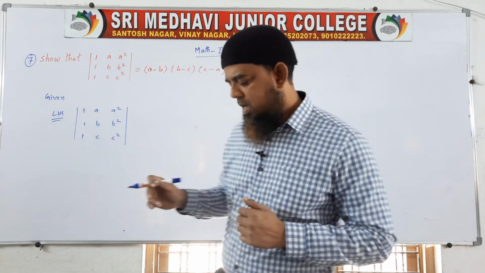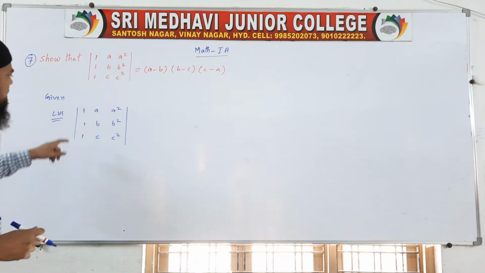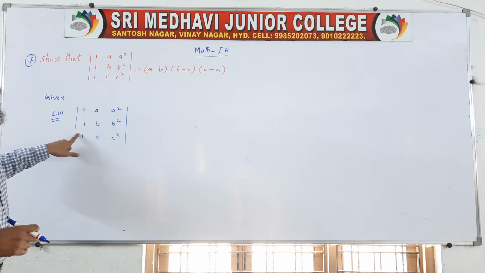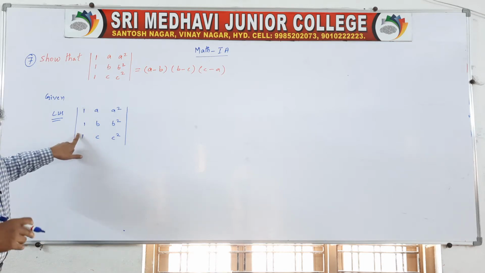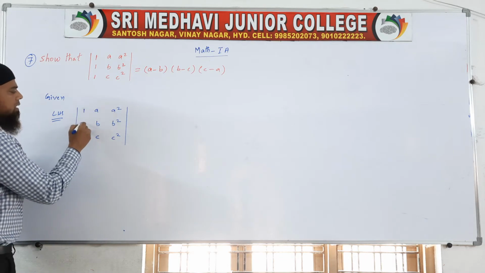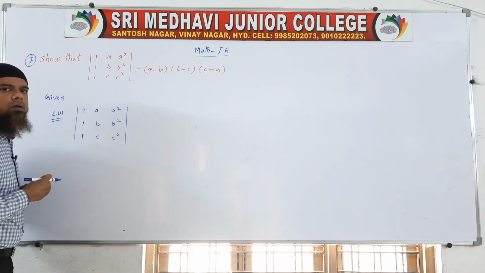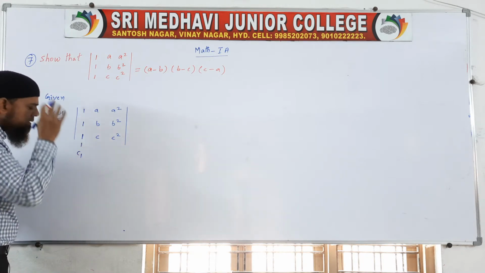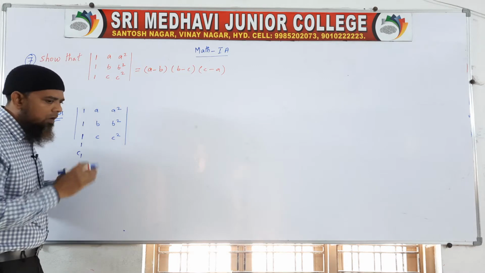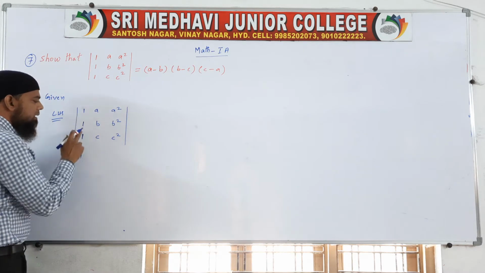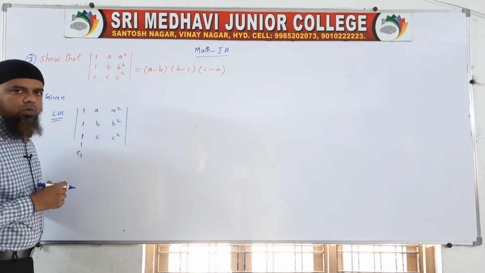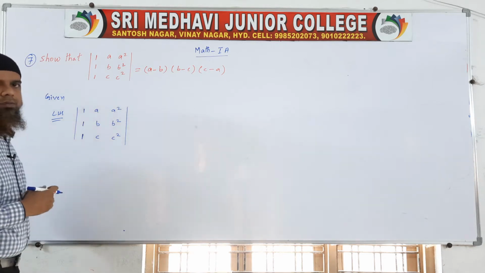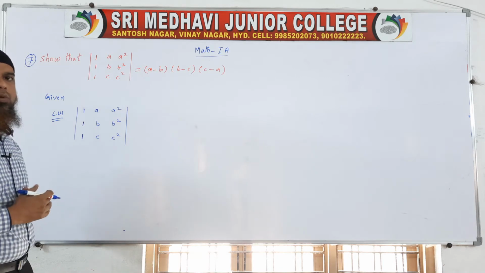Okay. Now see, in that class I said, whenever 1s come in the determinant, we have to see where those 1s are coming, in a row or a column. See, these 3 ones are coming in the first column. This is column 1. So which operations do we have to do? Opposite to this: when the ones are in a column, we have to do row operations. So now I am applying row operations. That also I explained, how to do the row operations.